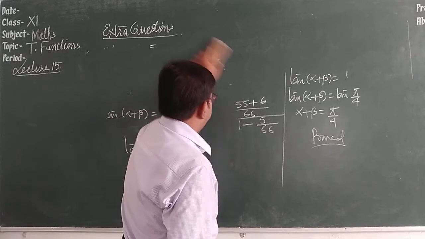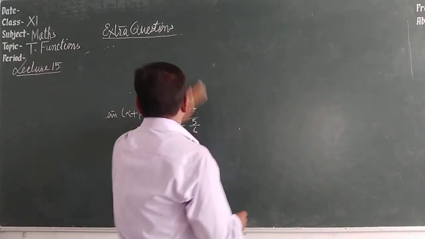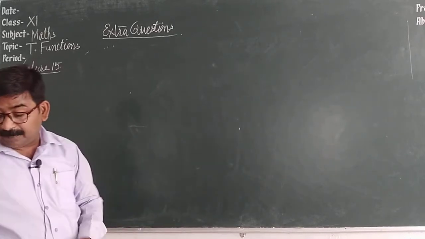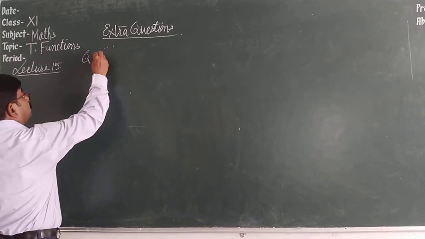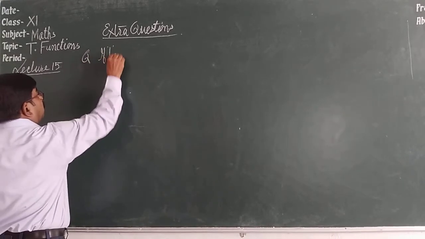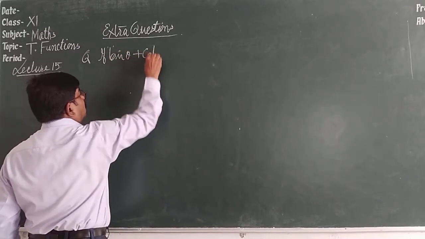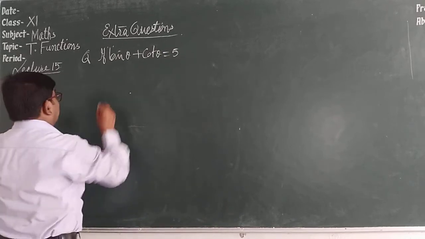Question is simple. If tan theta plus cot theta is equal to 5, then